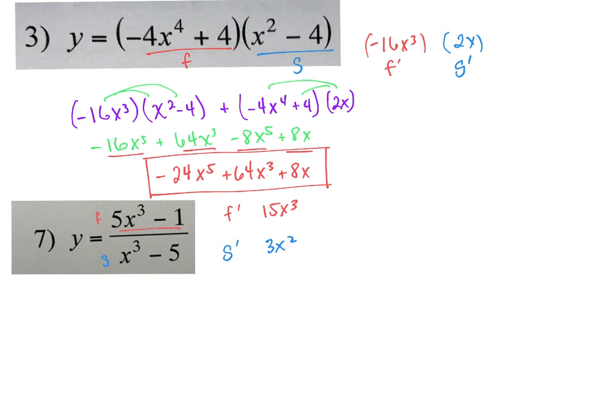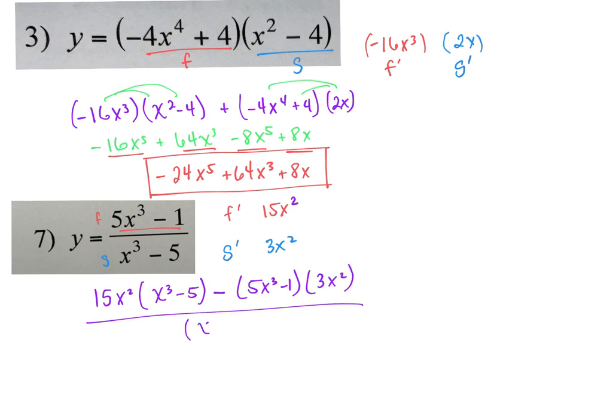And so I'm going to do what I did on the top, but it's just a little bit different formula. 15, and then, all right, but this should be 2. That's a 2. All right, so then we're going to say derivative of the top, which is 15x squared, times the bottom, x cubed minus 5, minus the top the way it is, 5x cubed minus 1, derivative of the bottom, 3x squared, all over the bottom squared, x cubed minus 5 squared. And then we're going to distribute